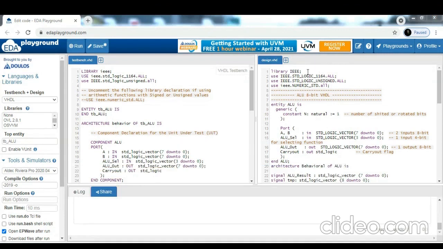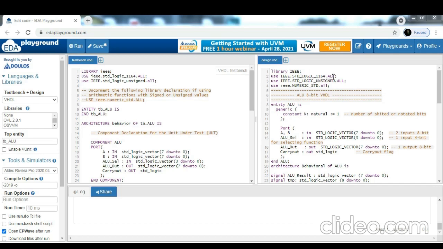Now here we are defining the library IEEE by using library and then using all the modules of the library IEEE with the help of use. For example, we can include the 1164 package by using use IEEE.std_logic_1164.all.